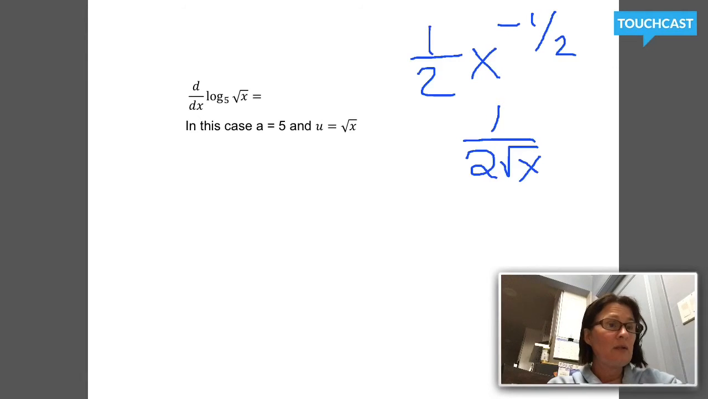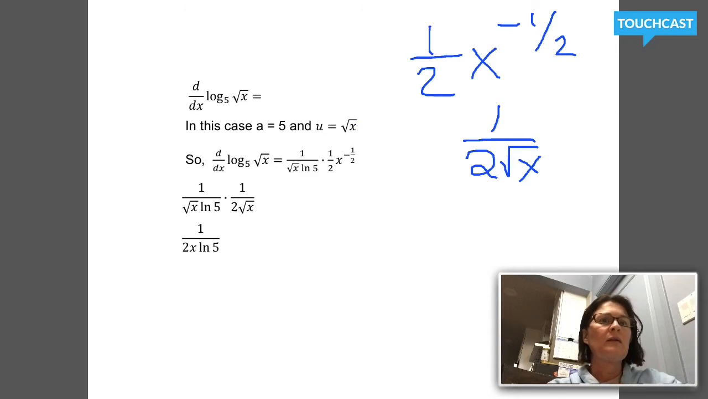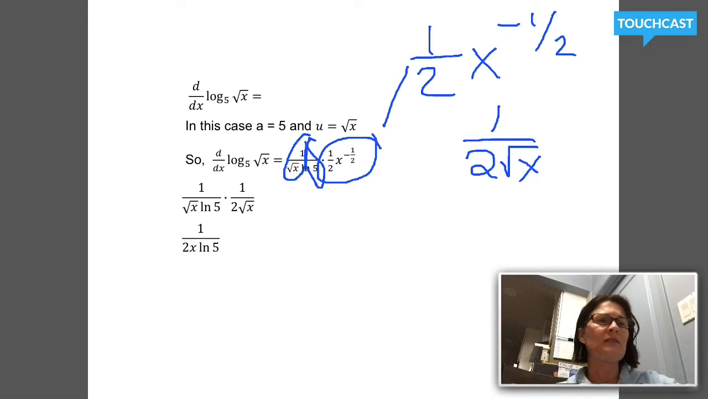Okay, so my new expression, my new plan for taking the derivative of a logarithm that doesn't have base e, it's going to be 1 over u times 1 over the natural log of a times du dx. So my u is square root of x, so here's the 1 over u. My a is 5, so I'm going to have a times 1 over the natural log of a. That's what makes that natural log of 5. And then this is my du dx. This is what we just talked about. You could write this